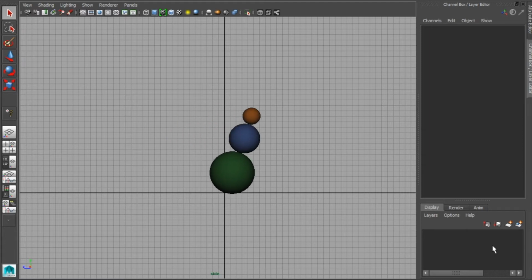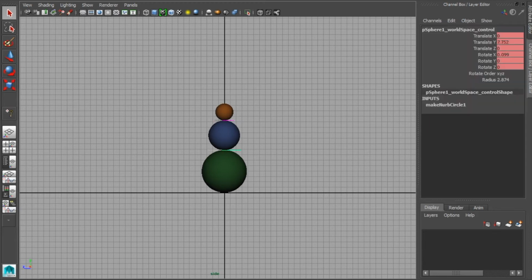And I'm going to show you guys how to both exaggerate that, and then we're also going to add additional overlap onto the orange ball, which right now is just fully stuck to the blue ball. So this will give us more overlap and show you guys an example of this. So these are my keys that I've got on my blue ball. And if I look at the graph editor here,